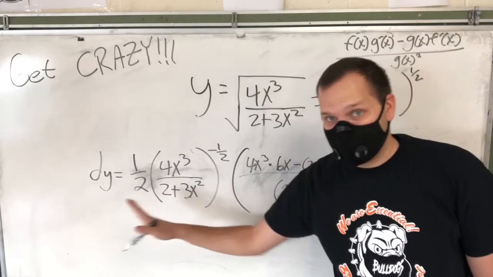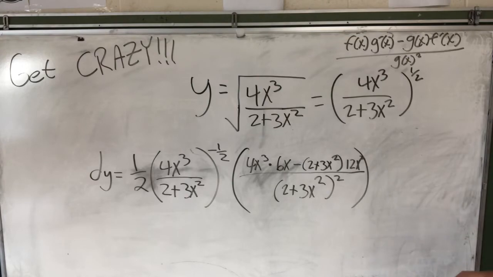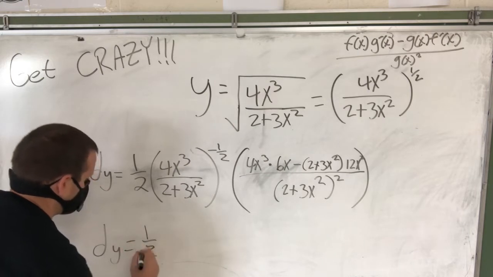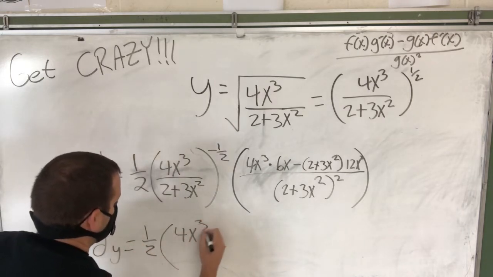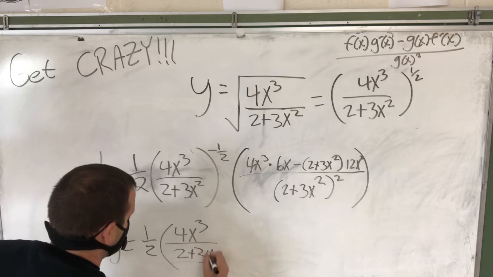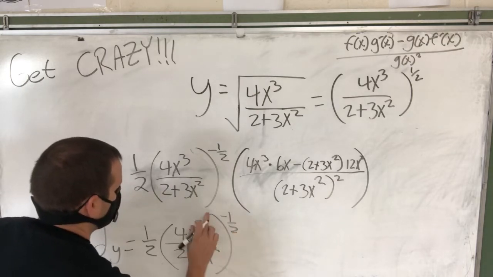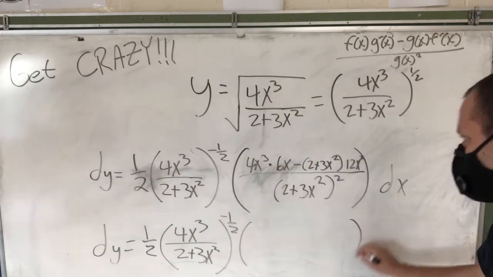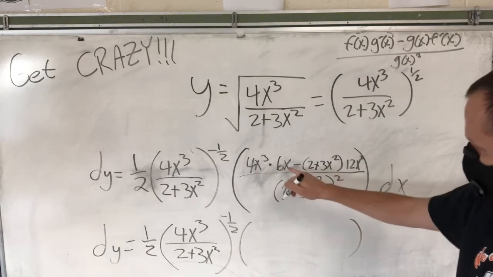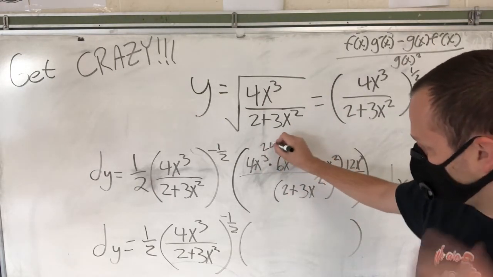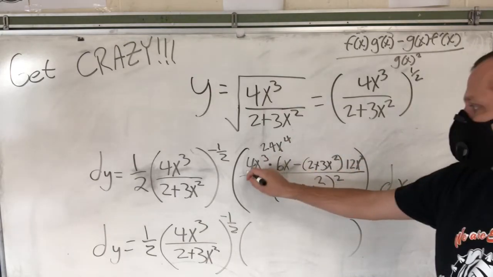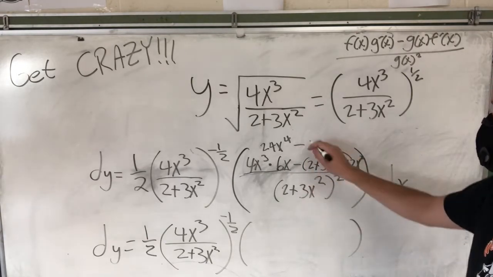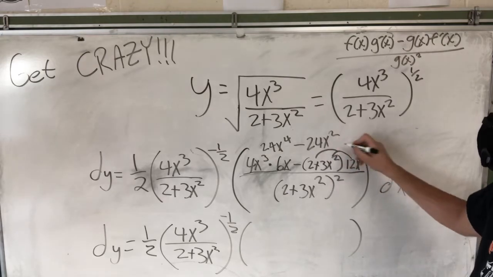Technically, you could leave your answer like this, or we could simplify it a little bit more. If we simplify it just a little bit more, okay, I'm going to leave my 1/2, 4x cubed over 2 plus 3x squared to the -1/2. On the next set of parentheses, I can combine these. That would give me 24x to the 4th. Okay, that's what I get when I combine those two together. If I distribute the 12x squared through, that would give me -24x squared minus